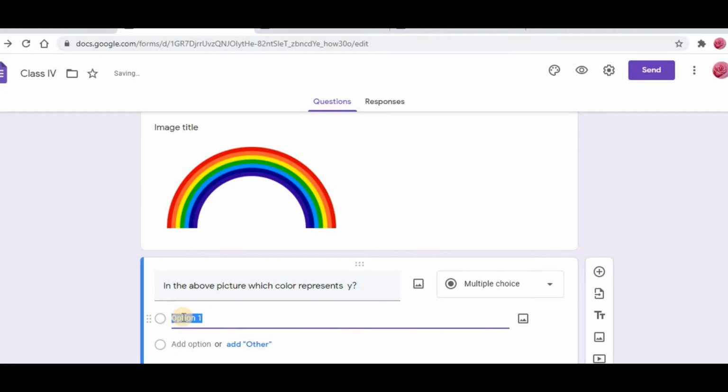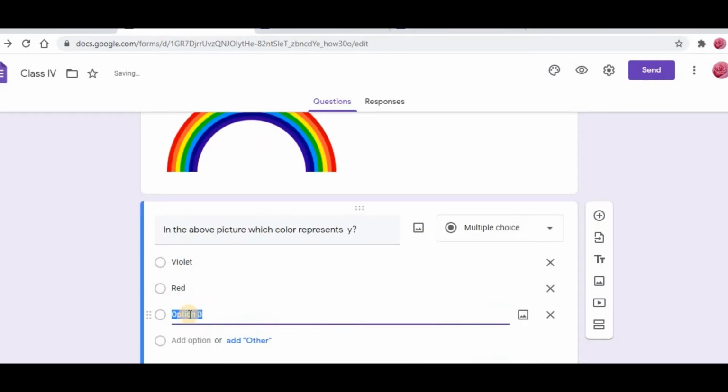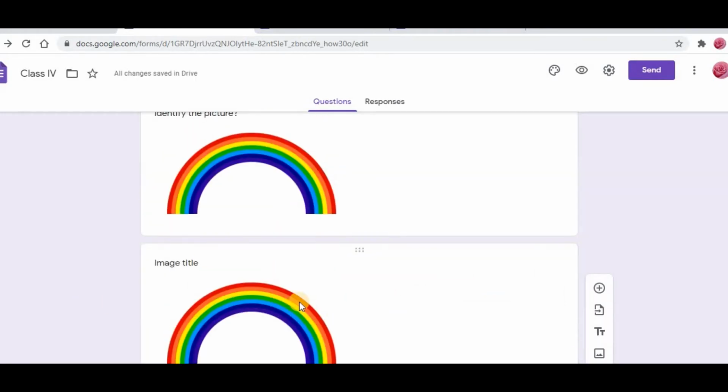So here I can give options: violet, red, yellow. Okay, so like this you can prepare the question paper.